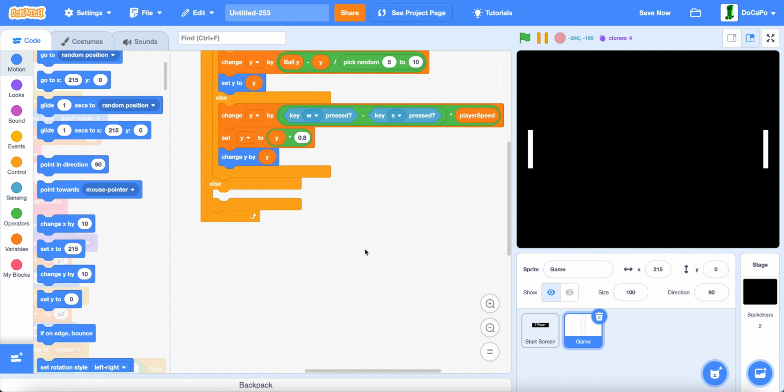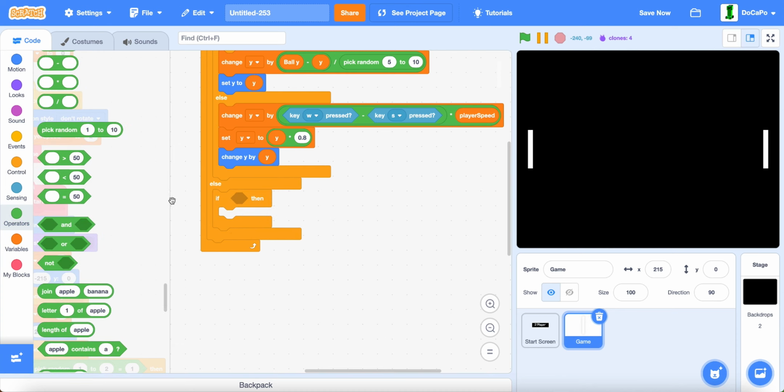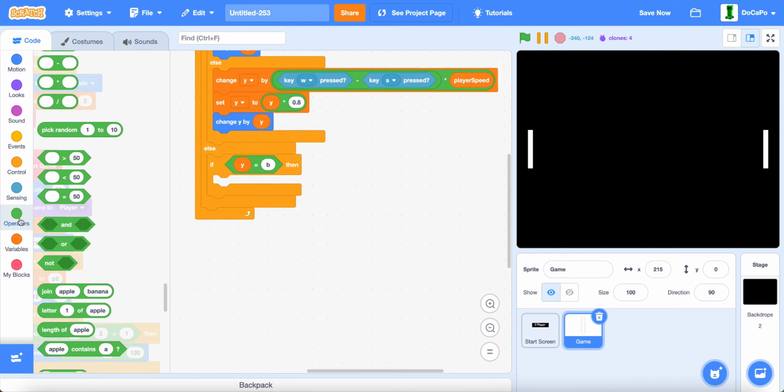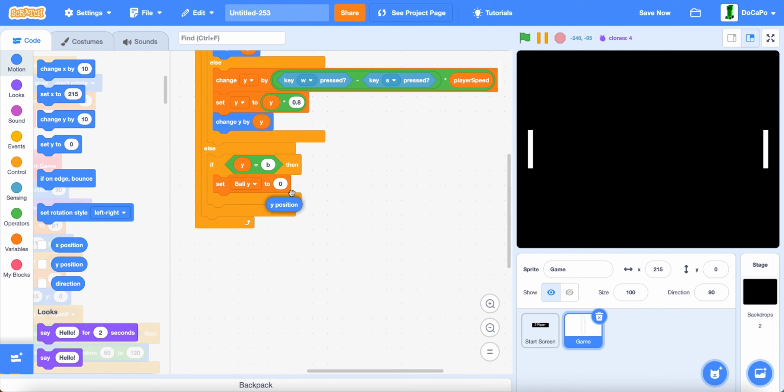Now, after this, in the other else, we will do if id equals b, then set ball y to y position. Then